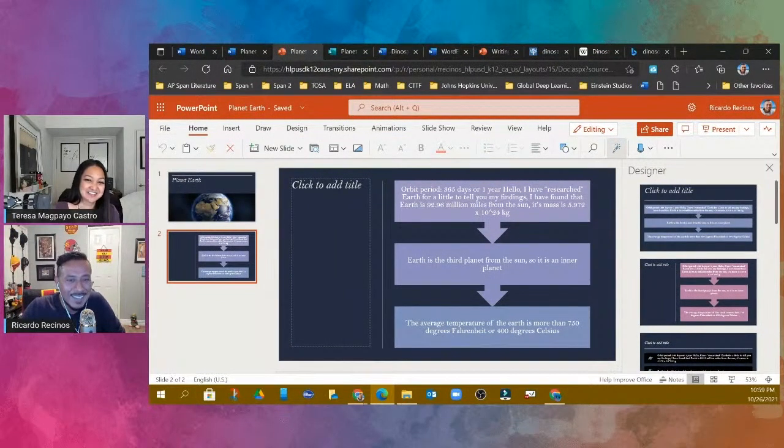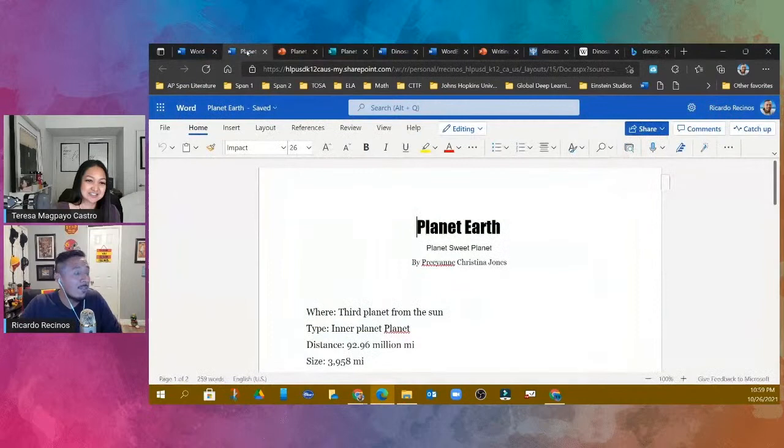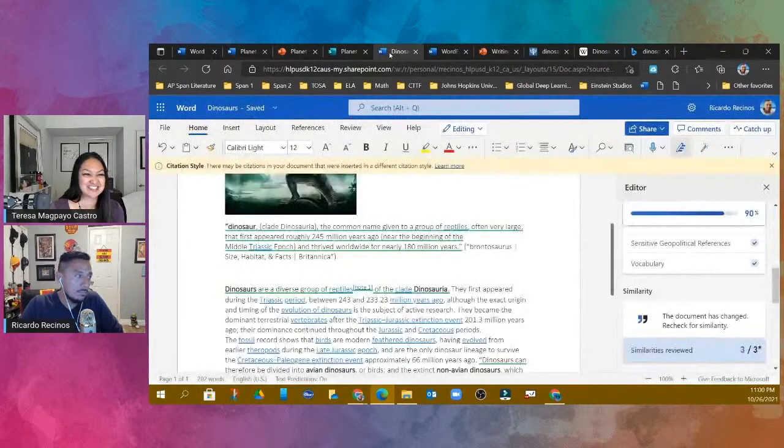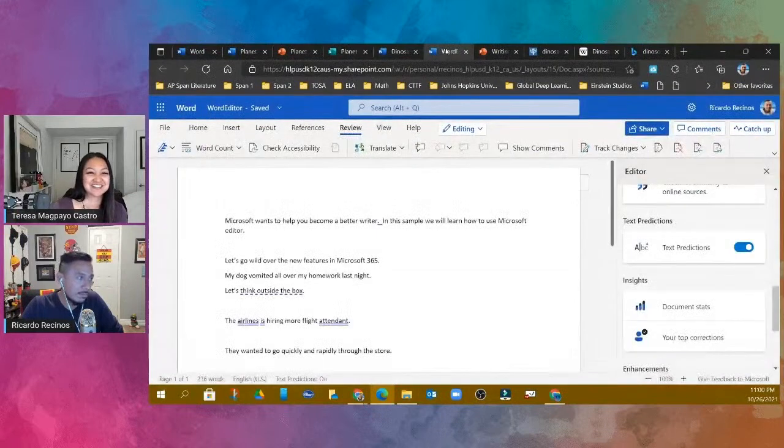Okay. But those are just some of the tools that we do have available in Google and also in Microsoft. And I'm going to confess, even us as professionals use this all the time, and we get compliments on how our material looks, and sometimes it kind of just automatically did it for us. It's great, great tools.